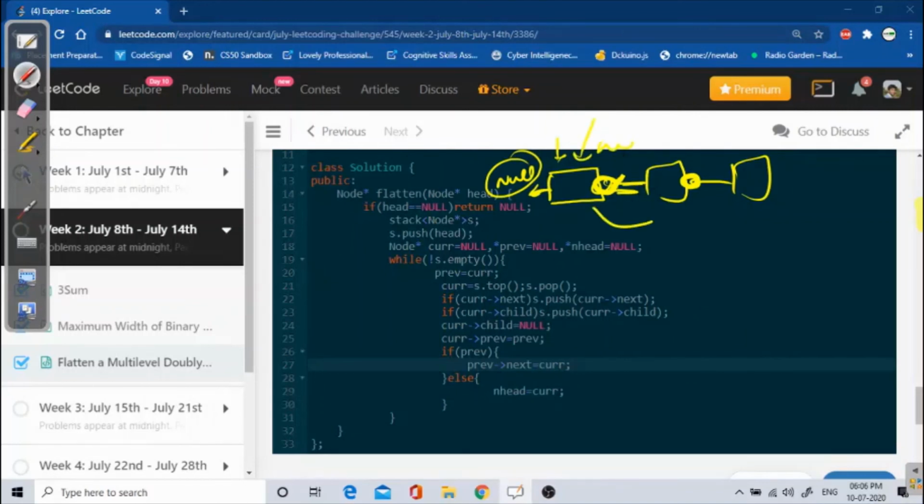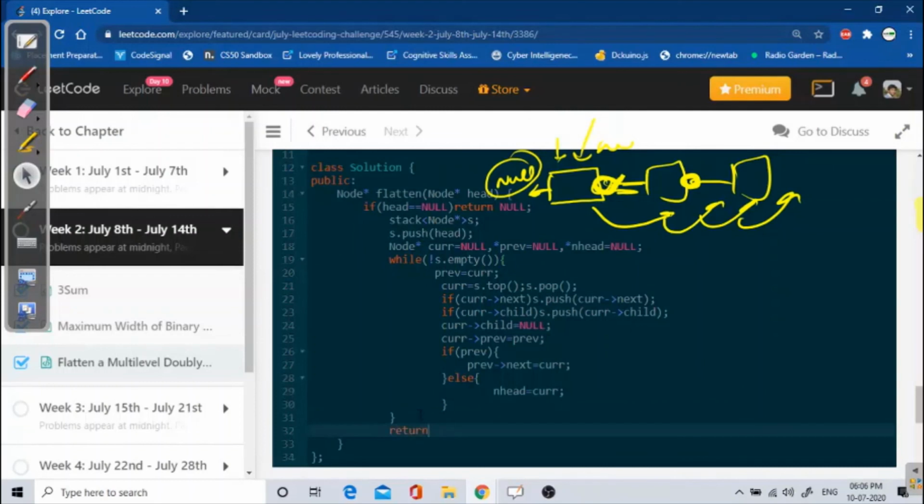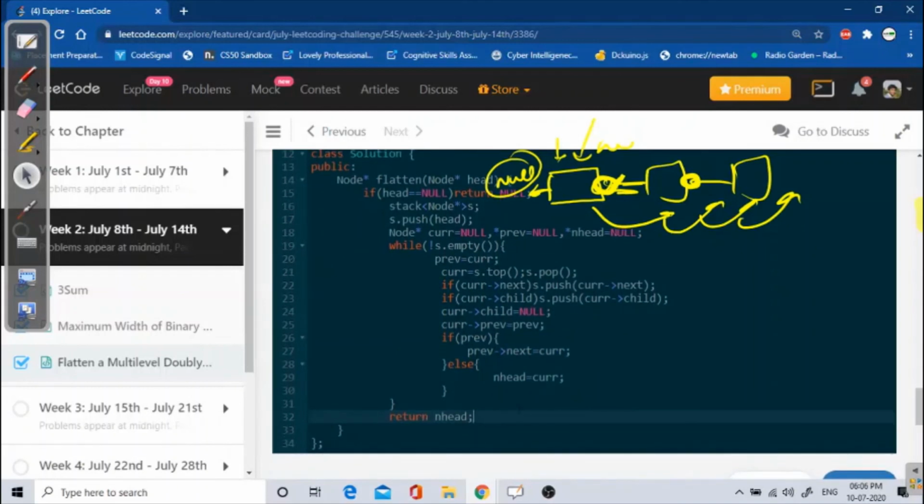Otherwise I will just move forward, previous will be pointing to next. At the end, I will come out of the loop and return new head, because we have to give the starting node address.